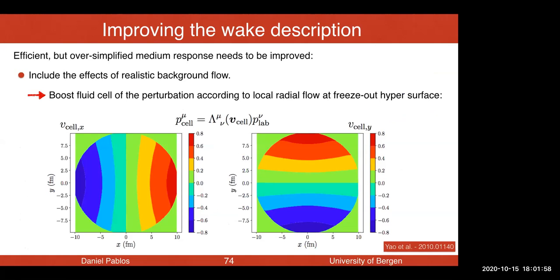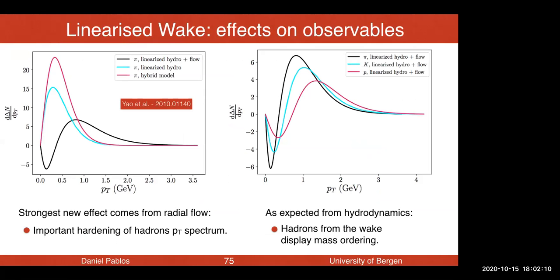Then we can also include the effect of the background flow by boosting the fluid cells according to a hydro background. And we can compare how this improved picture of the wake works against the hybrid model formula that I showed you before. And what we see is that the most important effect is the background flow. And this means that the wake is actually riding the flow of the medium. So if